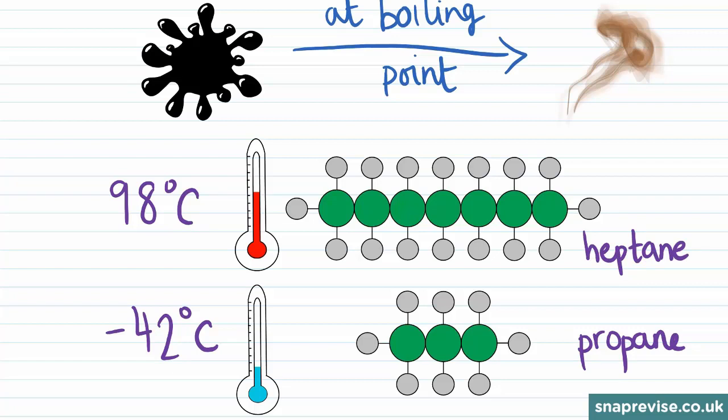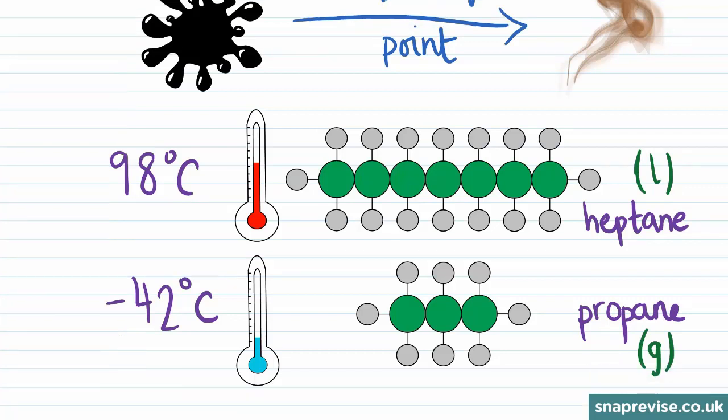Propane's boiling point is below room temperature because room temperature is about 25 degrees. Therefore, propane will be a gas at room temperature. However, heptane's boiling point is above room temperature, so we'd expect it to be a liquid. And this is a typical observation, that the shorter chain hydrocarbons are gases at room temperature, and the longer chain hydrocarbons are liquids. Longer chain hydrocarbons will have greater boiling points because of the larger intermolecular forces between molecules that